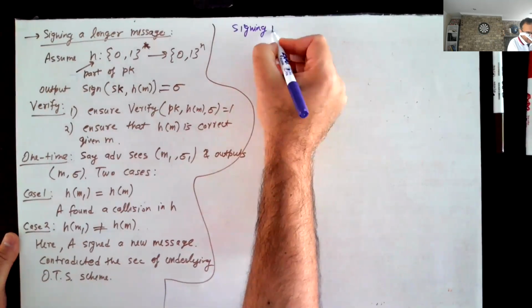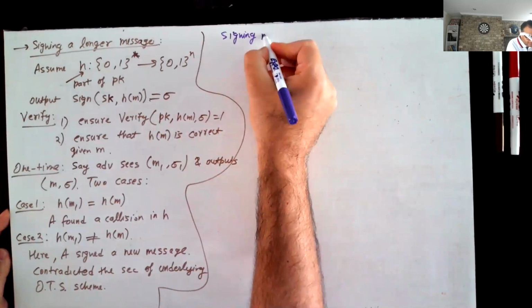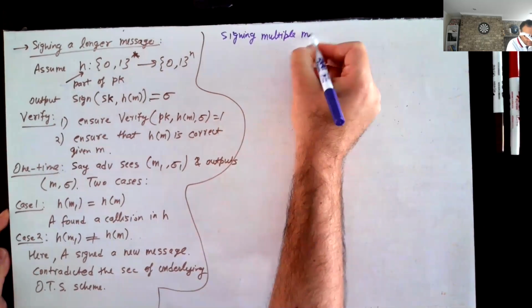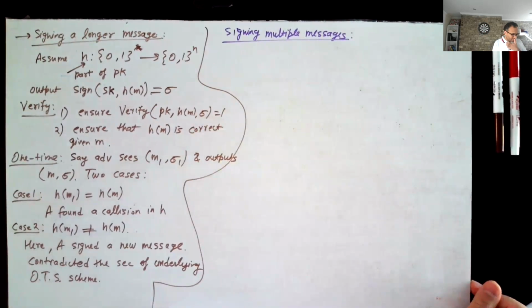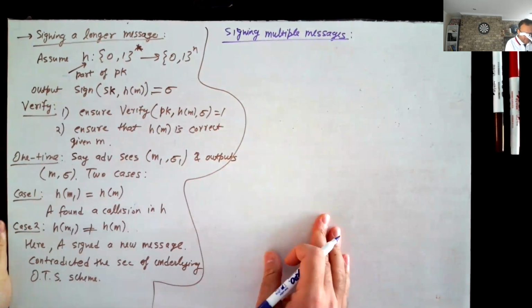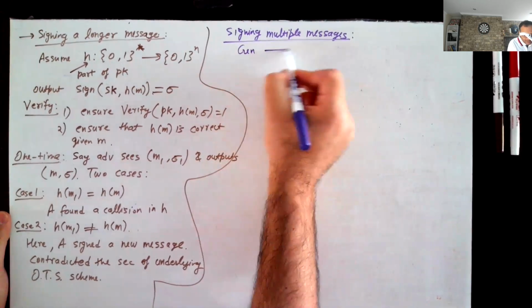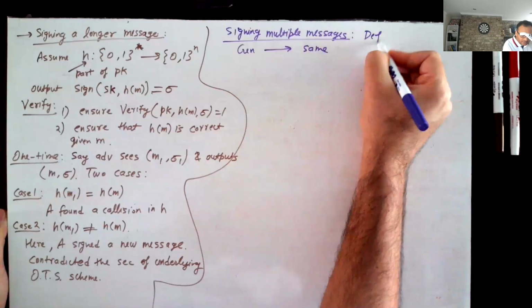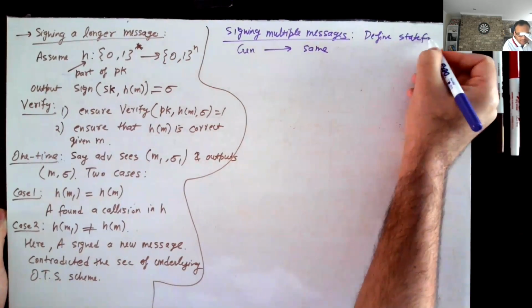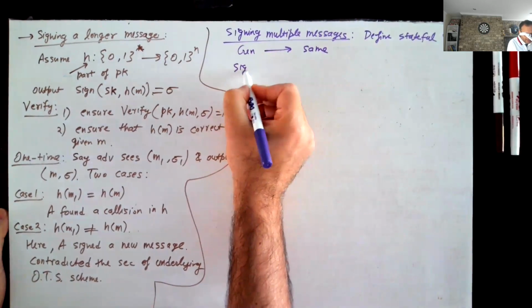So now we'll go to signing multiple messages. And this is a very interesting technique. So I'll show you how to build a stateful signature scheme where key generation is the same as before. This is the definition, by the way. Define stateful signatures. The signing algorithm takes